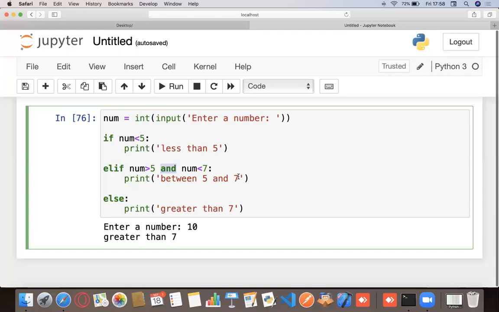Prachi, is that what you asked? To Prachi, who just asked the question, an F string would basically print the value of the number. That's it.